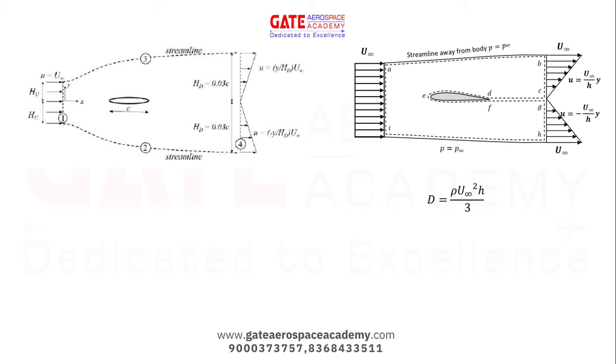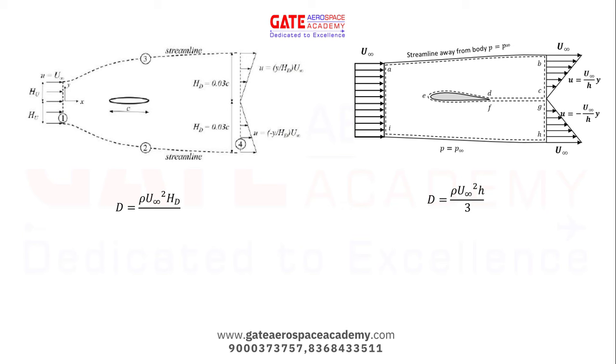So for the case on the left hand side, it will be the same. In place of small h, we have to write capital HD. Here I am not doing the derivation because we have already derived it in the lecture for the case shown on the right hand side, right? So I am using the end results directly. So drag for this elliptical cross section can be written as rho u infinity square HD